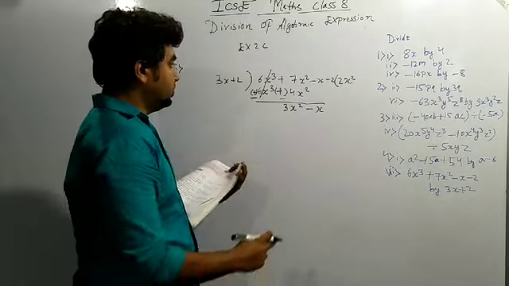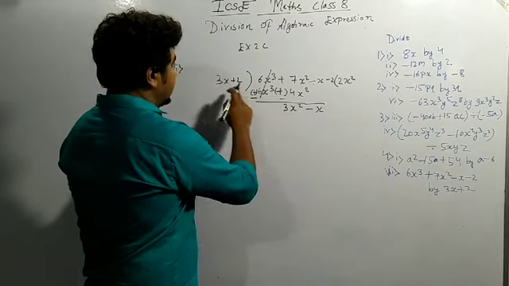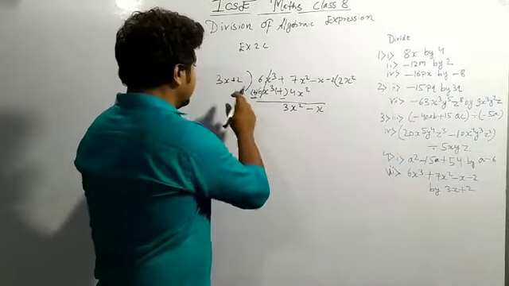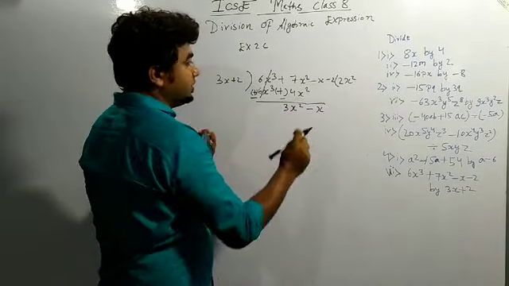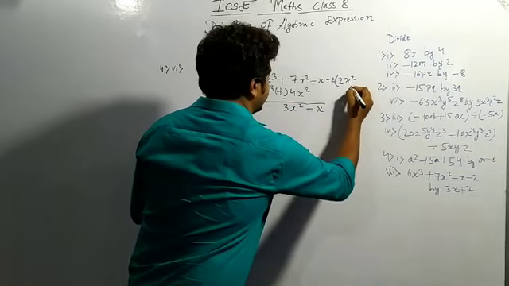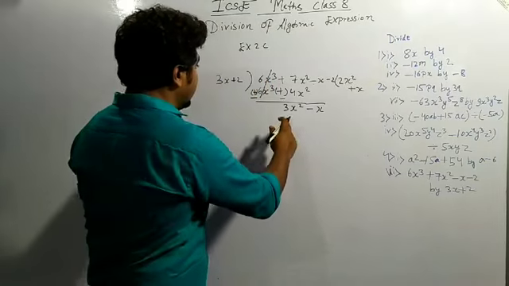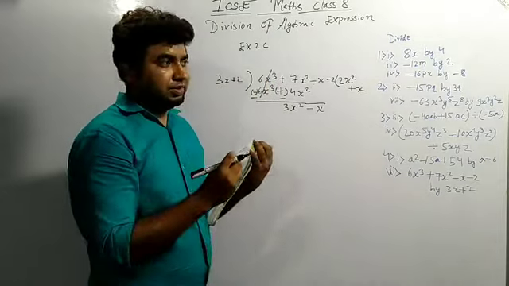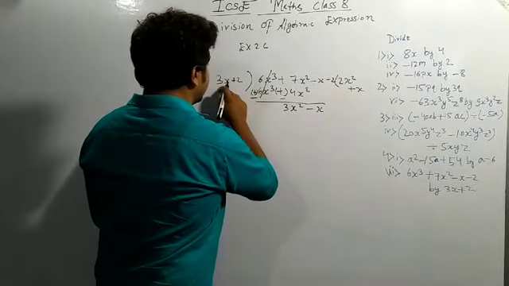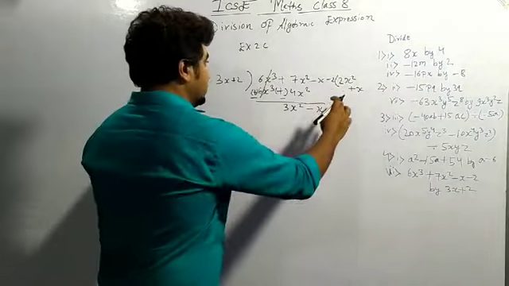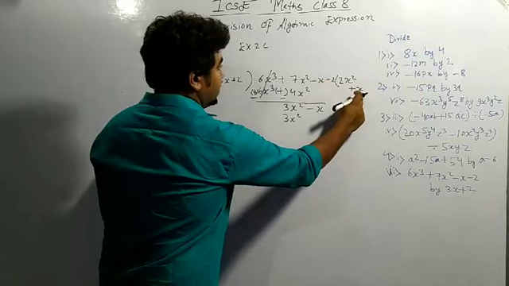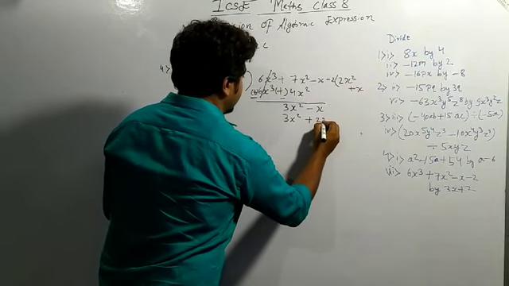Now what is the requirement? We have to make 3x square. What is given to us? 3x. We have to see from here only. So this is 3x. If I multiply with x, it will become 3x into x is 3x square. So I will be adding just plus x. Because here it is not given minus 3x square. If it was given minus 3x square, I should have multiplied 3x with minus x. So 3x into x is 3x square, and then 2 into x is 2x.